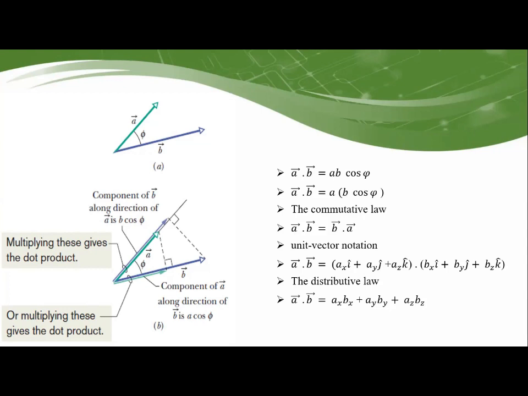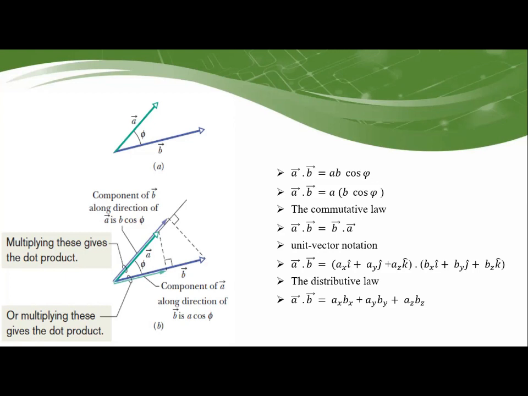The equation can be written as follows to emphasize the components. A dot B is equal to AB cosine phi. The commutative law applies to a scalar product, so we can write A dot B is equal to B dot A. When two vectors are in unit vector notation, we write their dot product as A dot B is equal to (AX i hat plus AY j hat plus AZ k hat)